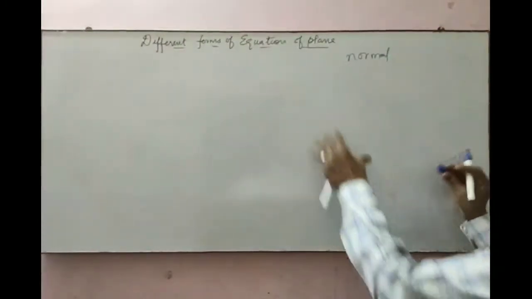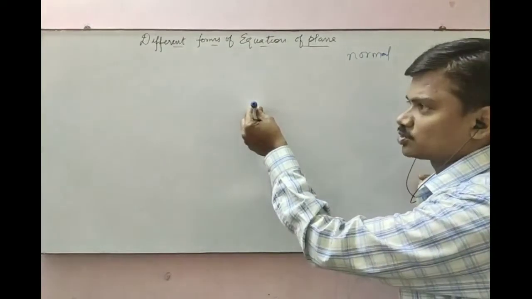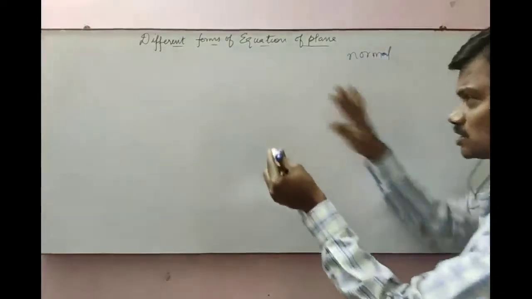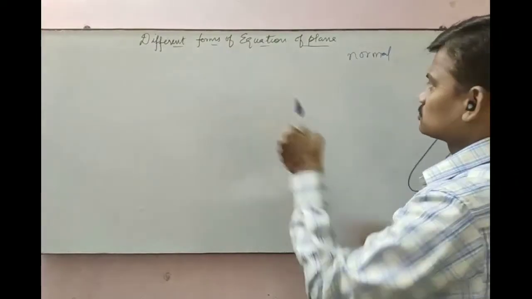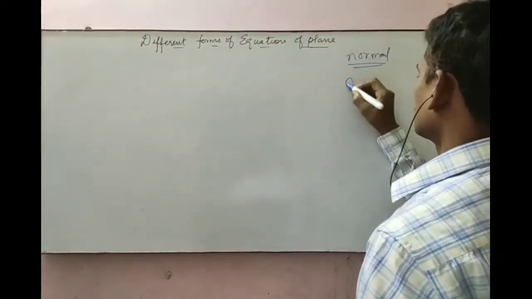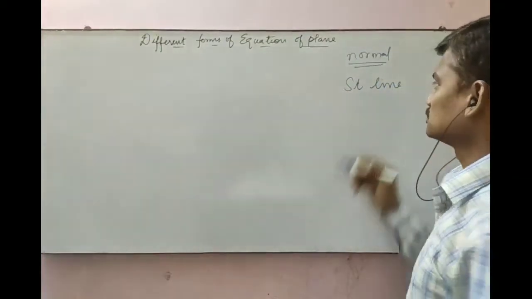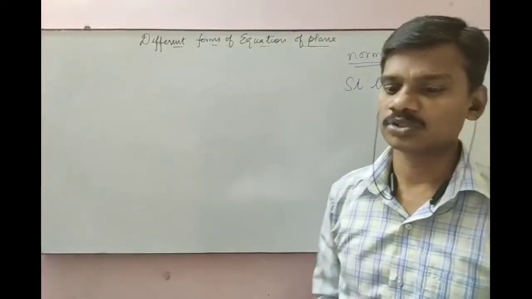ஒரு plane இருக்கு. This is a plane. If a straight line which is pointing towards you, this straight line is called the normal to this plane. இந்த பிளேனுக்கு இதுதான் வந்து normal. So that is a normal. Normal அப்படின்னு நம்ம யூஸ் பண்ணுவாங்க. Normal அப்படின்றது ஒரு straight line. Normal is a straight line which is perpendicular to the given plane. So this is one important concept.